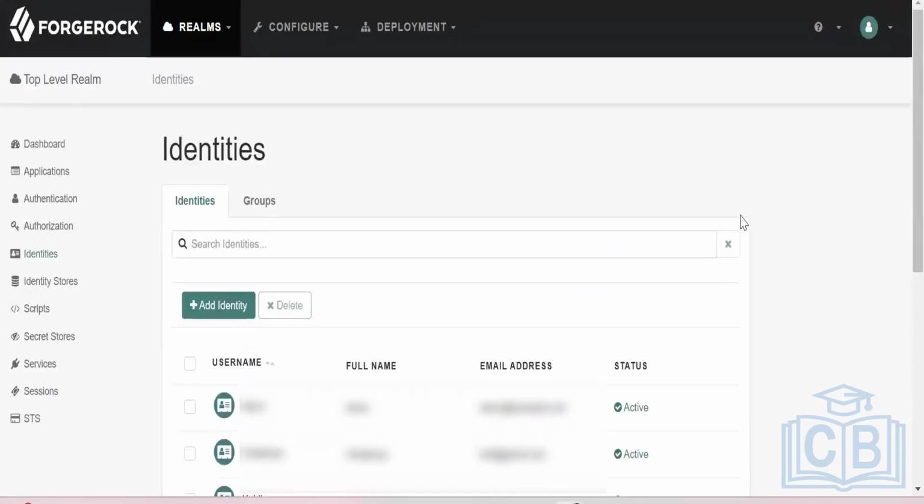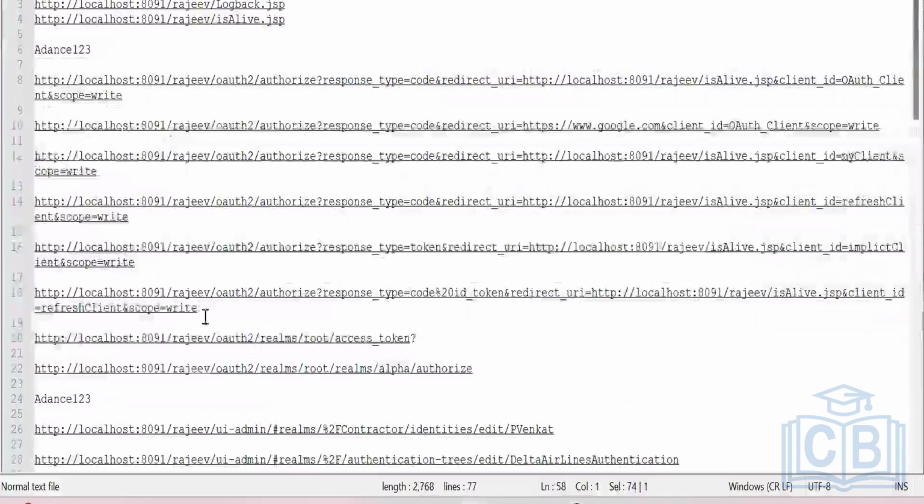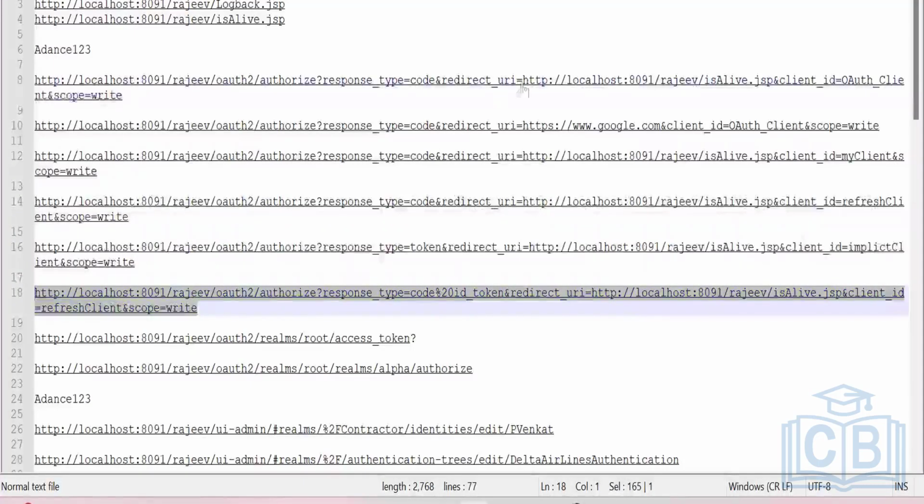Okay, and also hybrid. Show me a hybrid one. The hybrid one is the code percent 20 ID token, right? Yeah, code percent 20 ID token, correct. I'll take this one and then